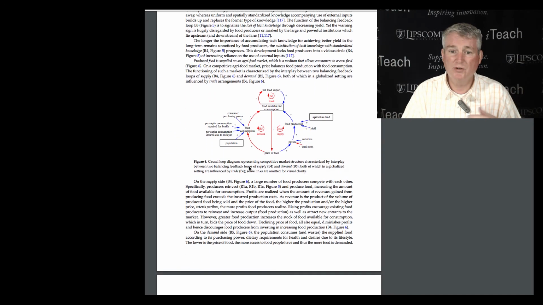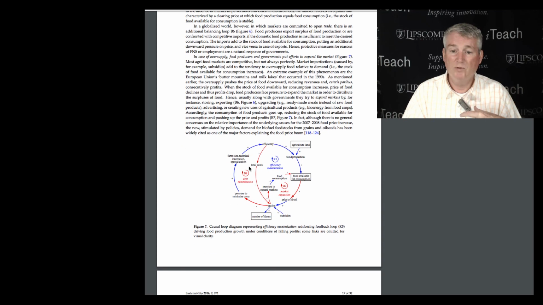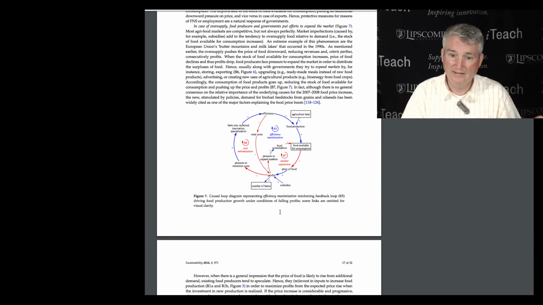This next diagram shows you how supply and demand works. And so as we had more machinery, we increased supply and price went down. But as you add in other signals, notice those signals are coming in a straight line: consumer purchasing power, per capita consumption for health, per capita consumption for lifestyle, quality of food. All those are signals, along with the stock of population, the stock of food available for consumption, and the stock of agricultural land. All of those inform this balance of supply and demand. And then when you throw in food availability, the number of farms into that equation,